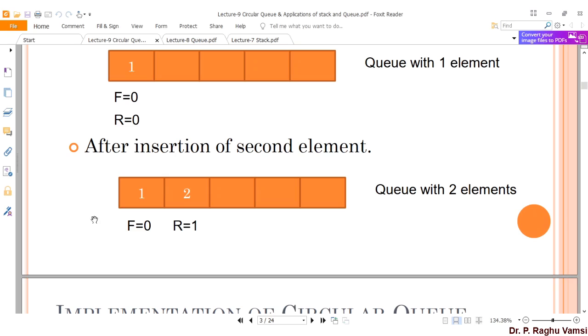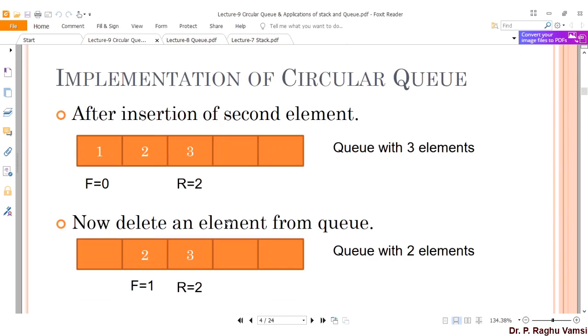After inserting the second element, front is equal to 0 and the index of rear will be incremented, and the newly added element will be added to the queue.